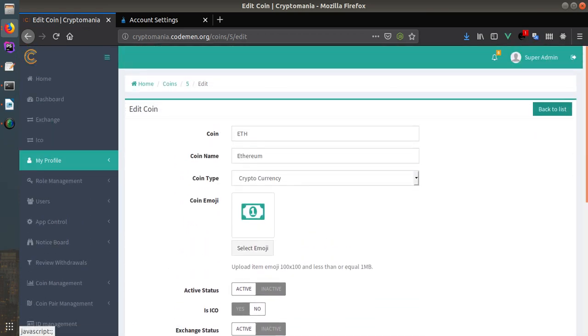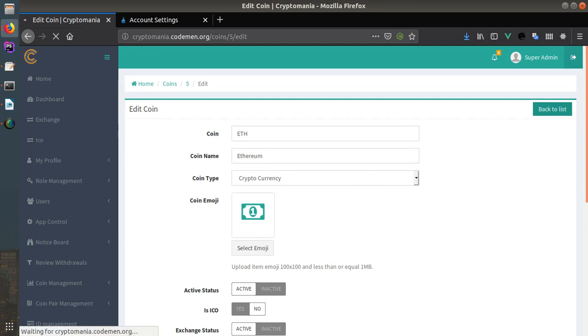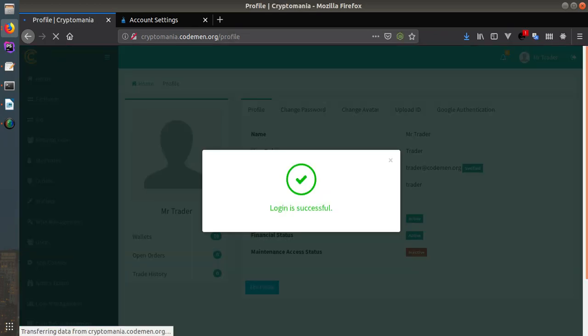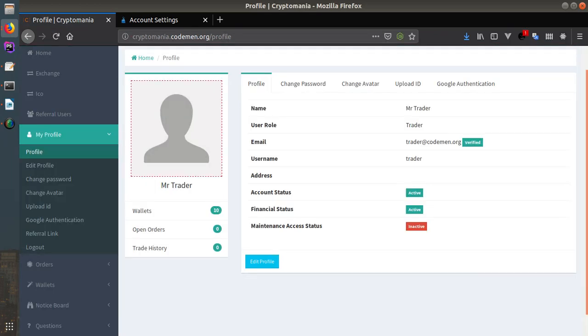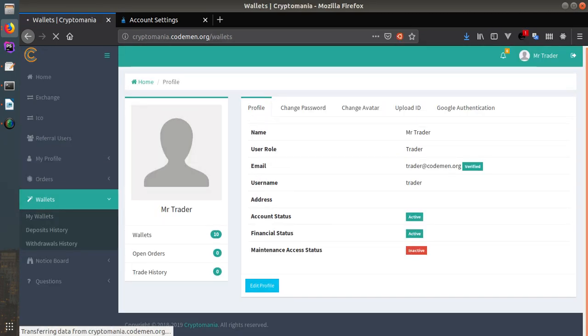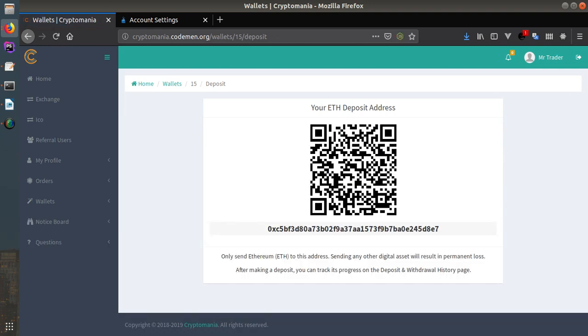Now I'm going to generate an address using this Coinpayments API. So I'm going to log out and log in as trader. Going to wallets, my wallets, and there I'm going to generate an address of Ethereum. Here we successfully configured and generated an address using